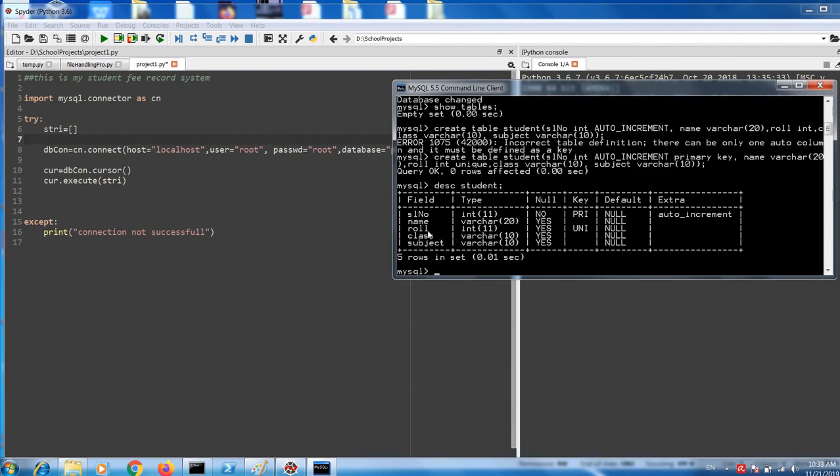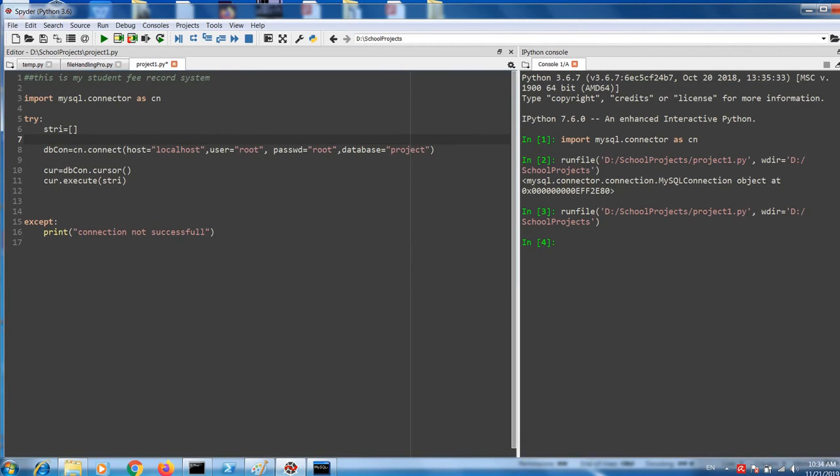My table needs all these values, at least the name, roll number, class and subject. That is what we will search over here. We'll get this from our user, right? So nm stands for name, so nm is equal to input, and the prompt will be: enter the student name,